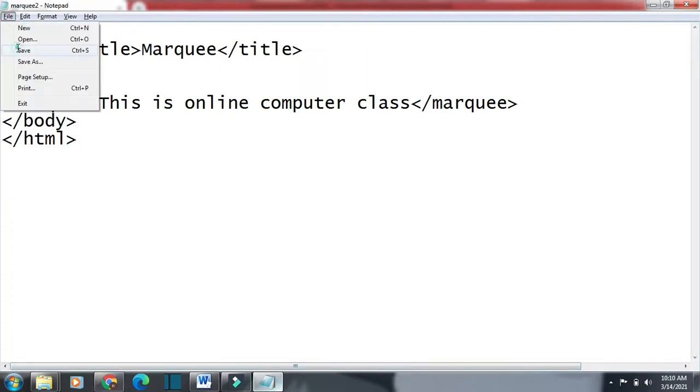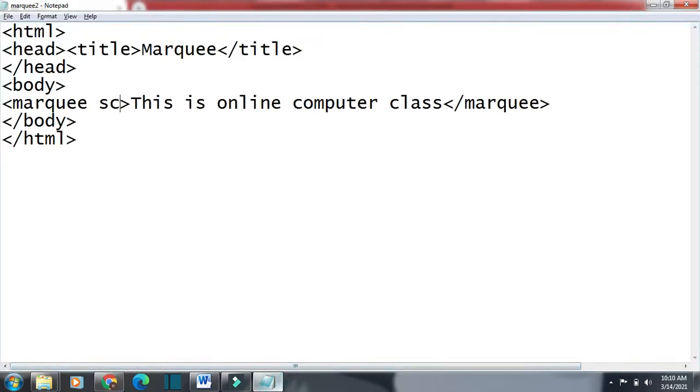Suppose you can see, let us save this, and now this is the first movement. It will start from here and go here. After going here, how much time it will take for coming again from here is the delay. How much we can delay its coming. It has moved from here, it will complete, it will automatically come from here. So if you want to delay this for 1 second, 2 seconds or 3 seconds, you can go for scroll delay. So here we will write scroll